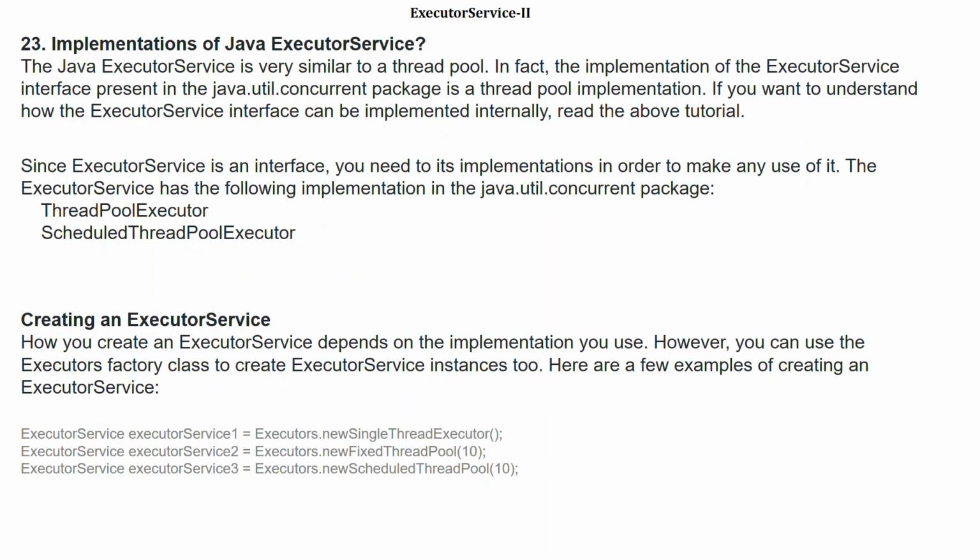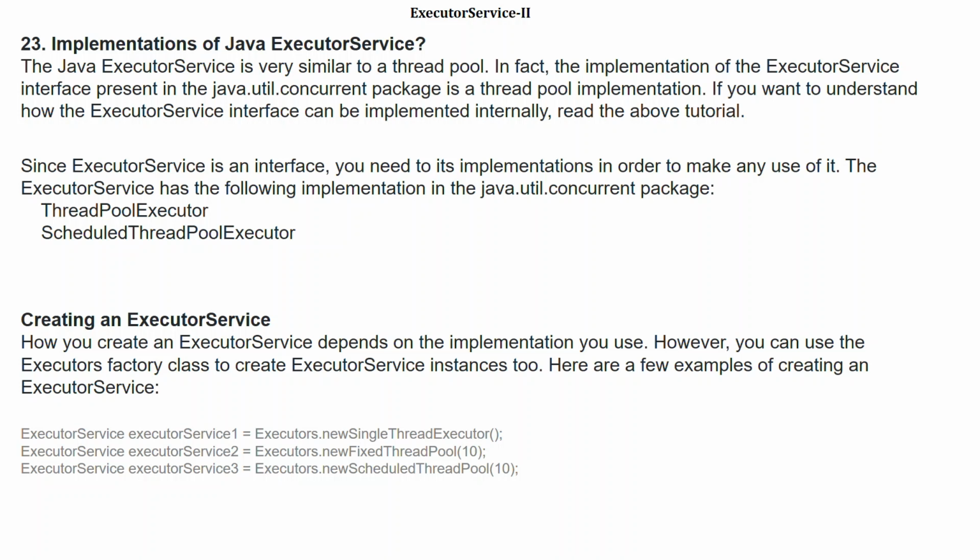ExecutorService implementations in Java. The Java ExecutorService is very similar to a thread pool. In fact, the implementation of the ExecutorService interface present in the java.util.concurrent package is a thread pool implementation.